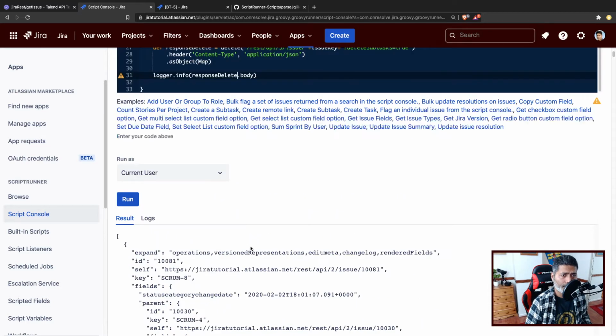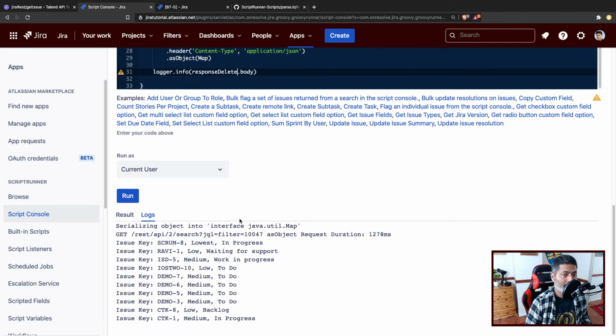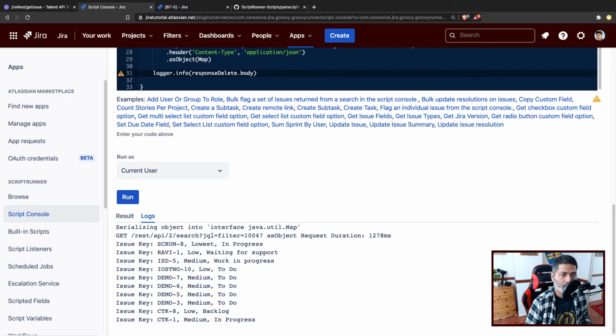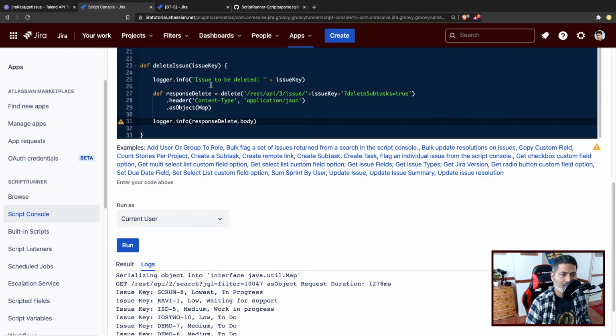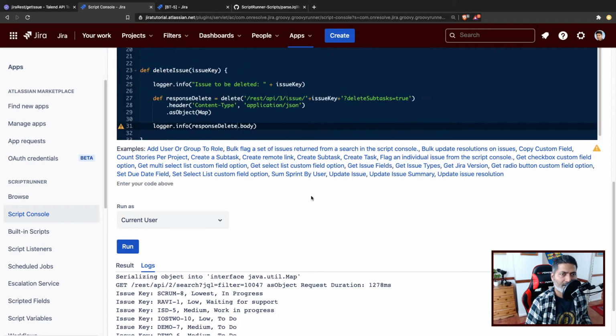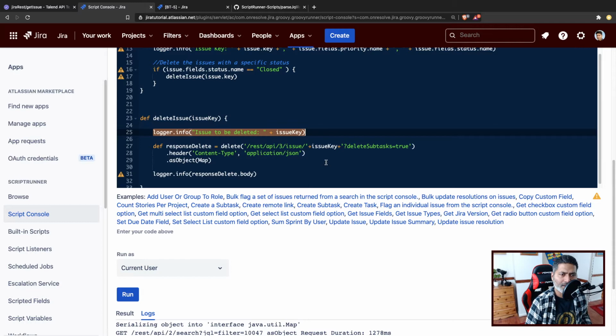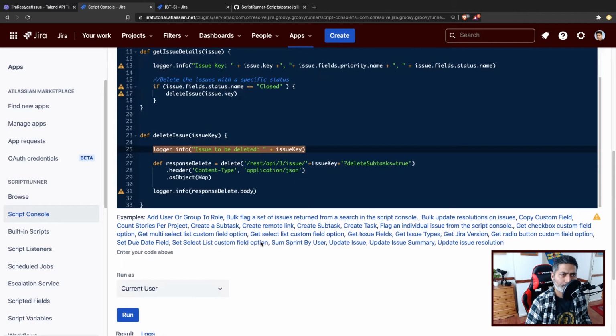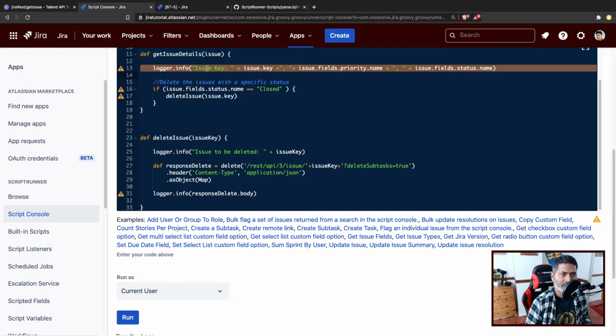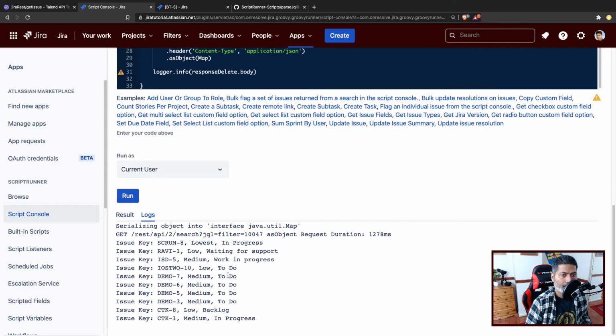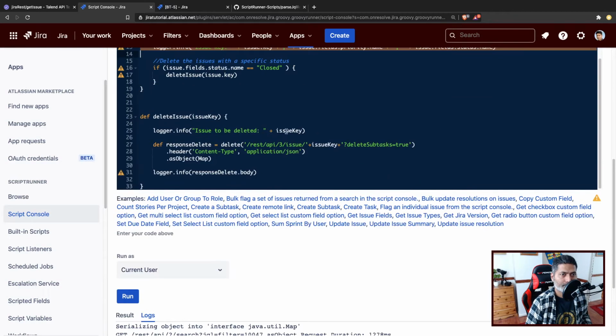And no error. Let us look at the log. Everything looks good to me, but I don't really see that message, issue to be deleted. First it will log everything. It will display the issue key, and then it will perform the delete. So I don't see the closed status